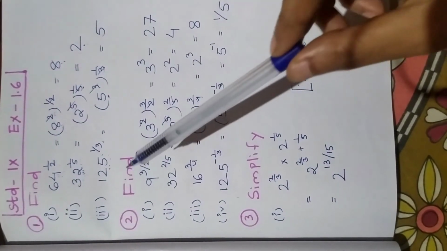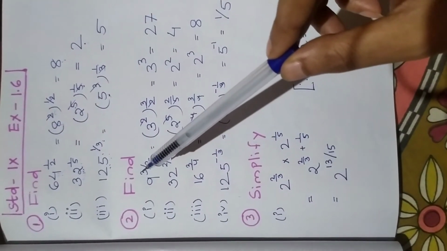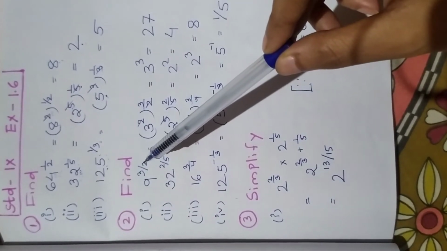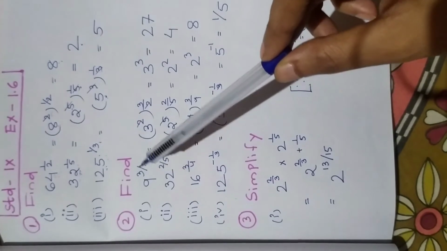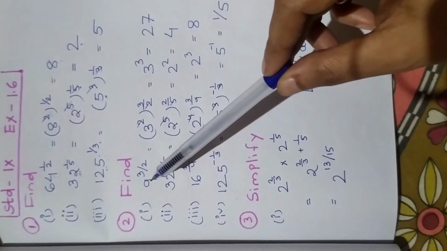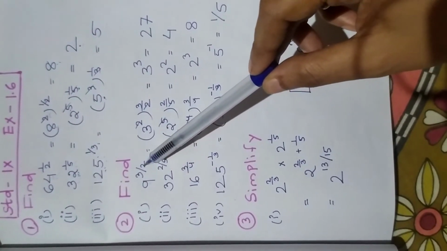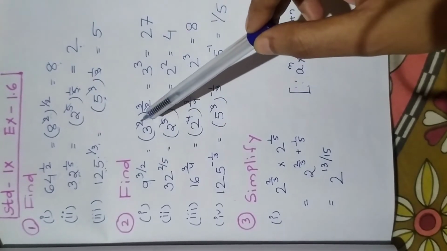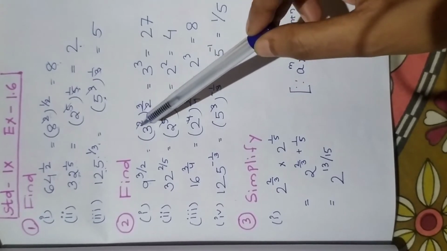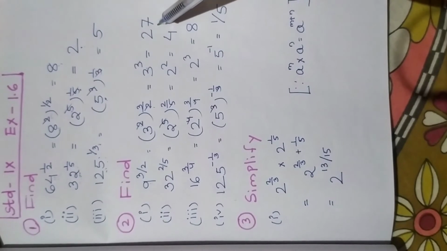Coming to question number 2, again find the values of these given numbers. So 9 to the power 3 by 2. Again try to cancel out this denominator part. So 2, how to express 9 so that 2 will be cancelled out. Again find out which number, with power 2, can be cancelled out by this 2. So 3 to the power 2, 9. So 2 multiplied with 3 by 2, 2 cancelled out and we have 3 to the power 3 which is equal to 27.